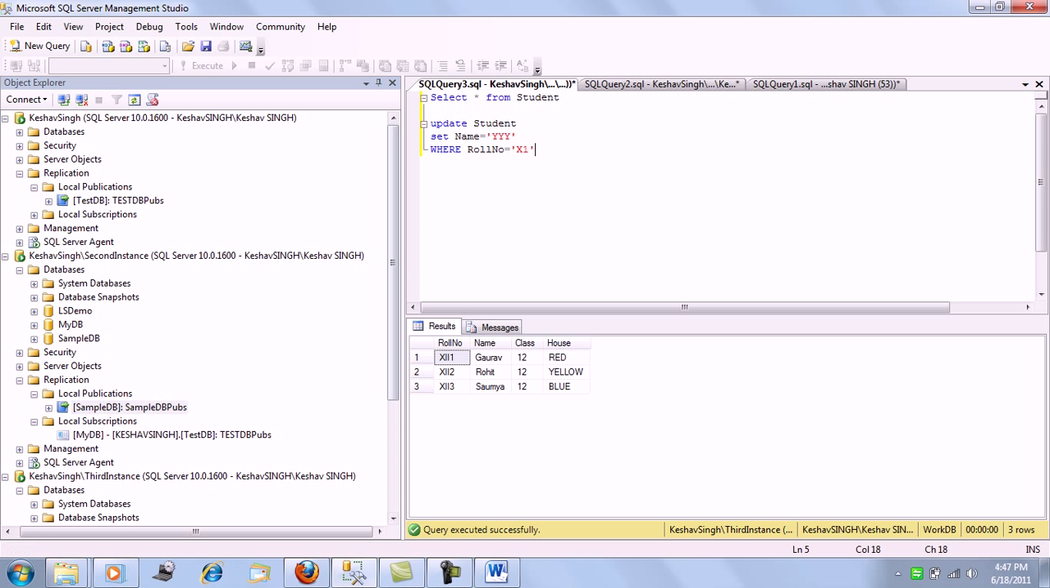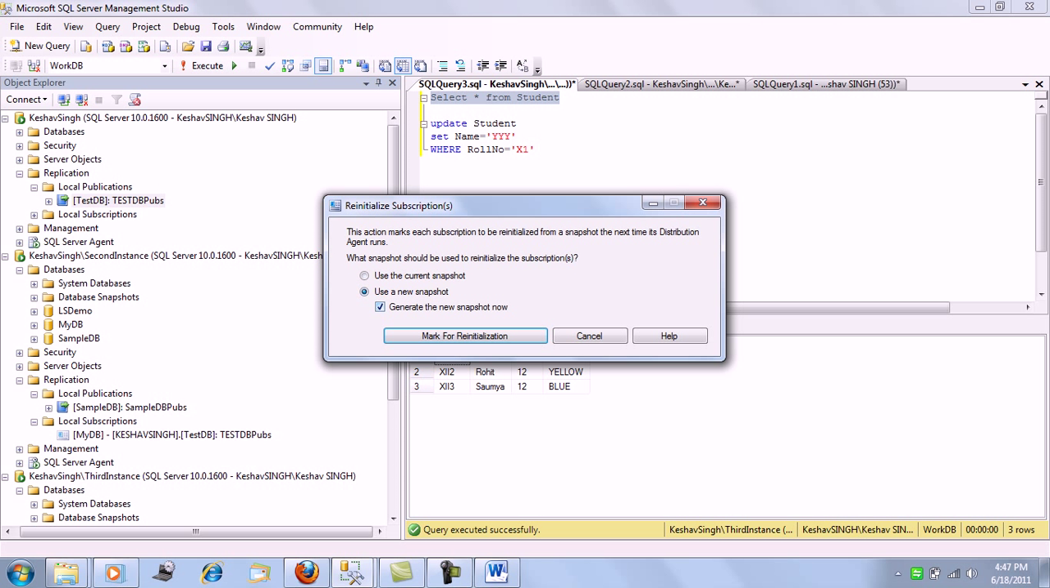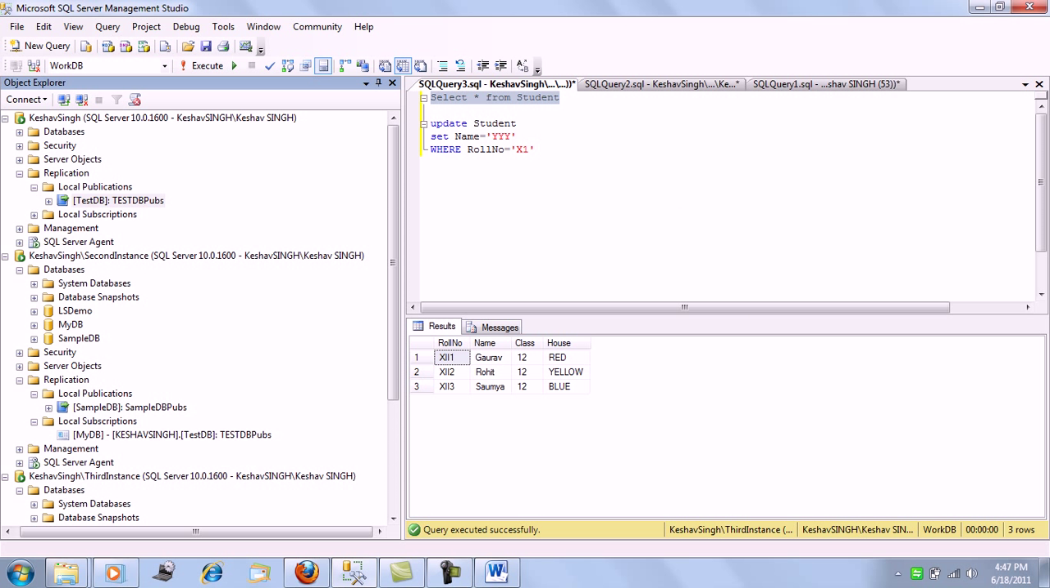Right, we have made this change. Now if we still go and check it out, it will still be the same. So what are we supposed to do? The point is, first we should simply reinitialize all subscriptions. To do this, it will ask for creating a new snapshot. Do the same, mark for reinitialization. Right, so that is done. Now if we have a look,